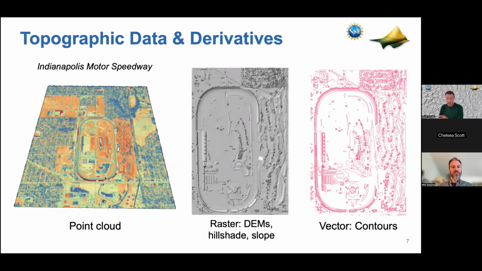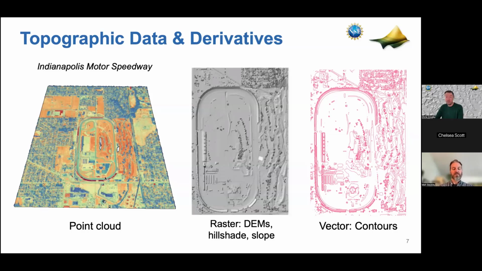That's a raw data product, and for some people, that's very challenging to deal with. Increasingly, there's good support for these kinds of data types in your common geospatial software packages, but these data sets are very large and very rich, but also kind of challenging. So what a lot of people end up doing is looking at these data in a raster representation. So a digital elevation model is the general term for these. This is where each pixel has an elevation value associated with it and a size. So it's a 1 meter digital elevation model, or it's a 30-meter digital elevation model.